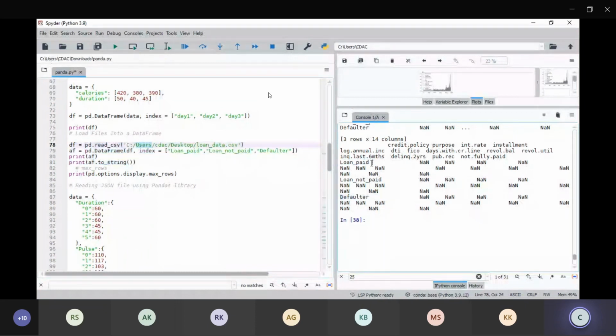Okay, now you can see only three rows have been printed here, and in my data set I have a large amount of data. So to print all the rows I can use